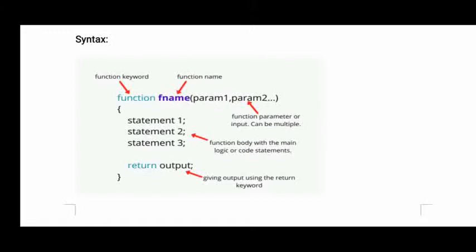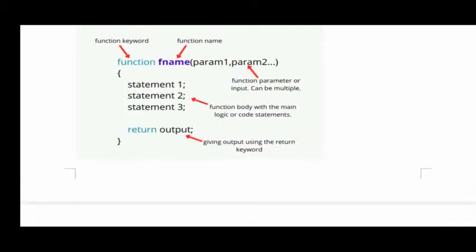Now statement 1, statement 2, statement 3 are nothing but the block of statements, or we can say the body of the function. For what purpose you are writing the function, that you give inside the brackets. And there is a return statement: whatever output you are getting from a function, you can return by using a return statement.